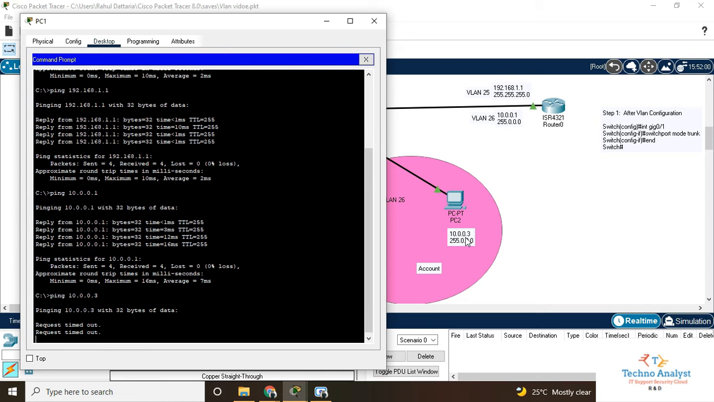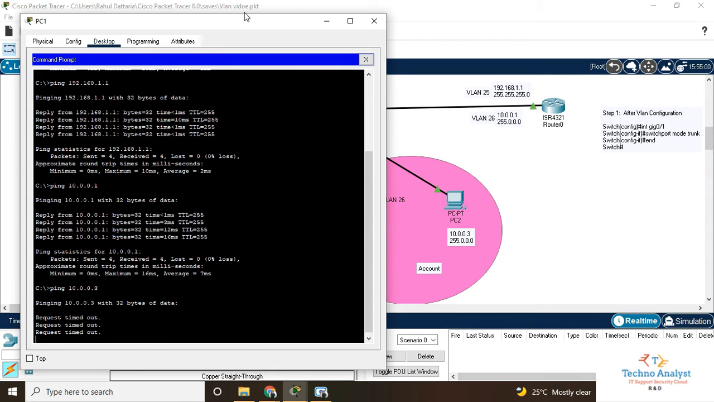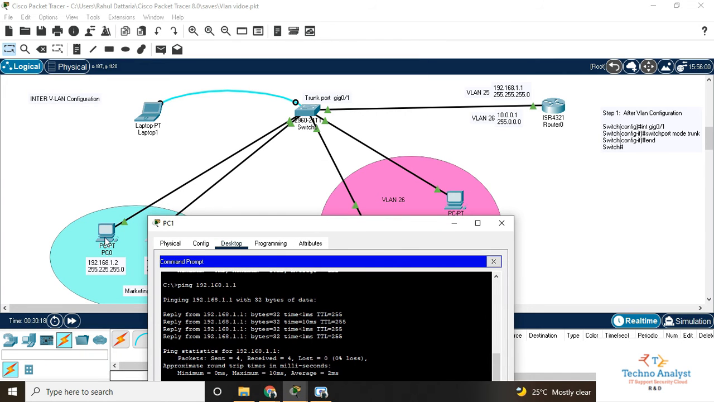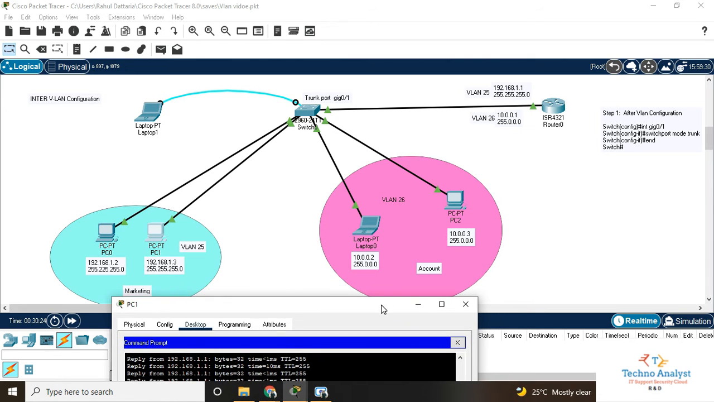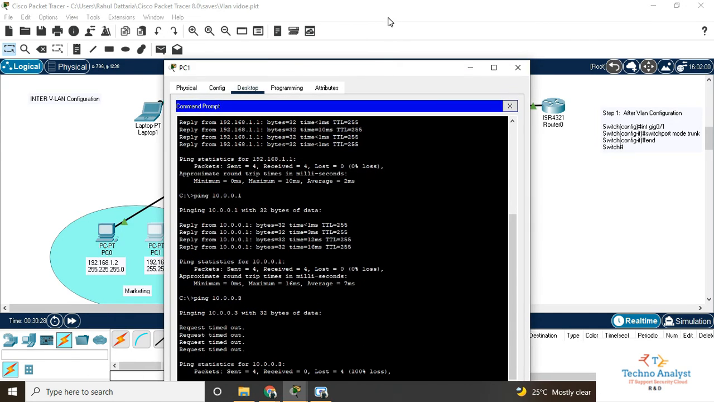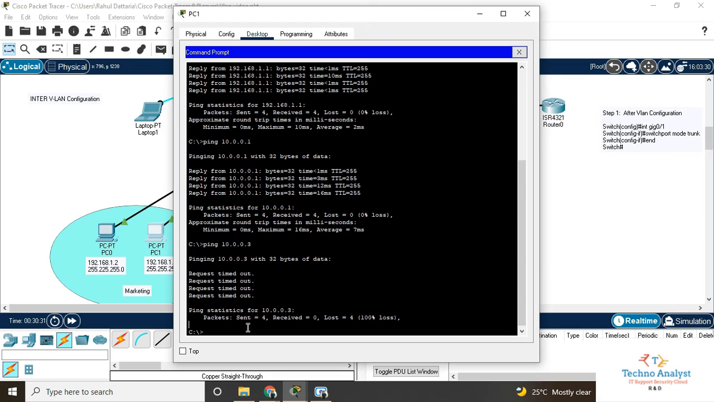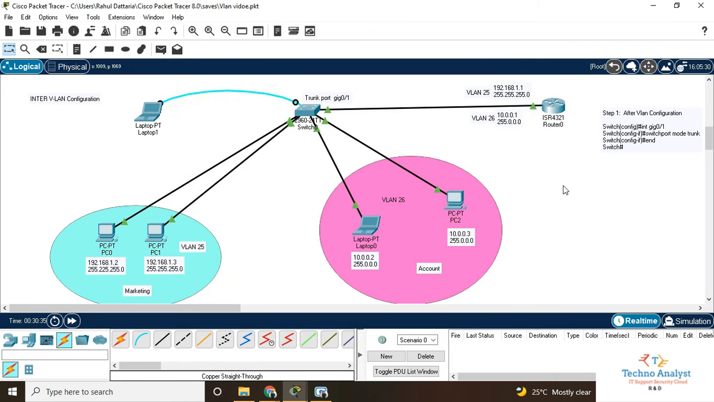It's showing request timeout, means it's not pinging. Okay, so right now we are in the position that this host can ping the router VLAN 26 gateway, but it will not ping these VLAN 26 users. So for that, what you have to do, you have to close this, just go to the router